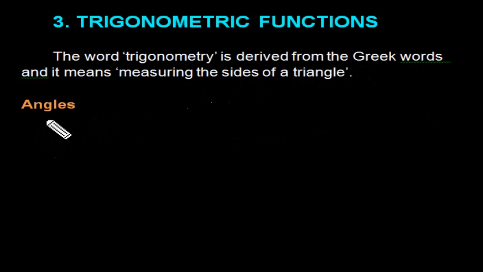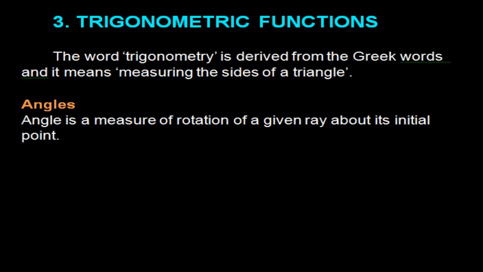Angles: so far we have discussed only the angles with positive measure, is it or not? That is acute angle, obtuse angle, reflex angle, everything comes with positive. But from this year onwards, we are going to have negative angles also. So how is it measured? So how is an angle formed first?